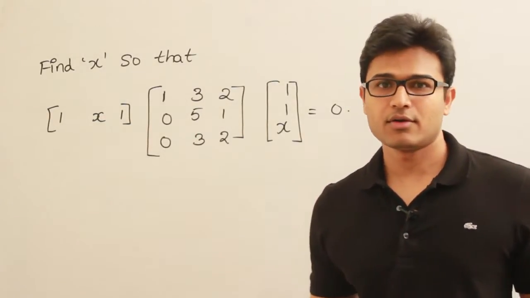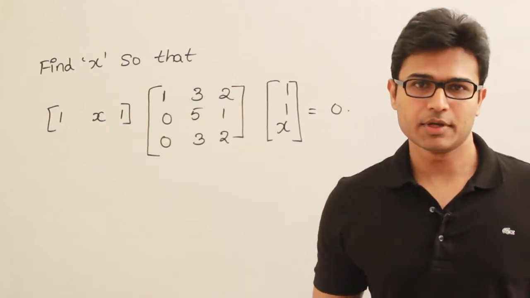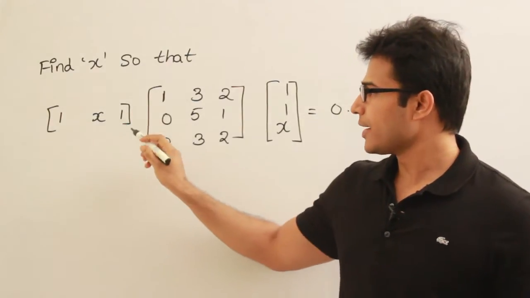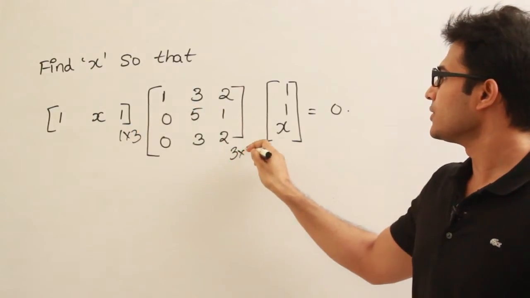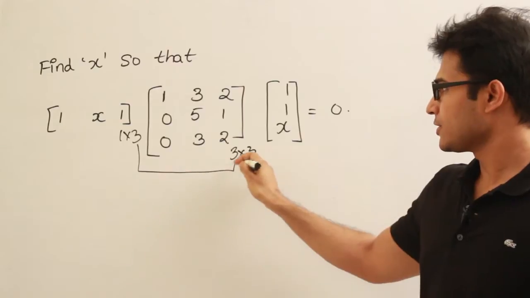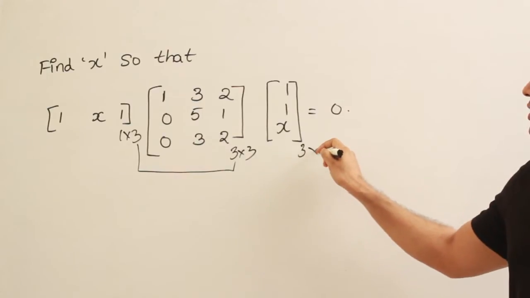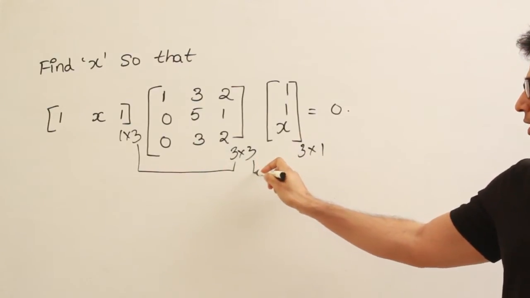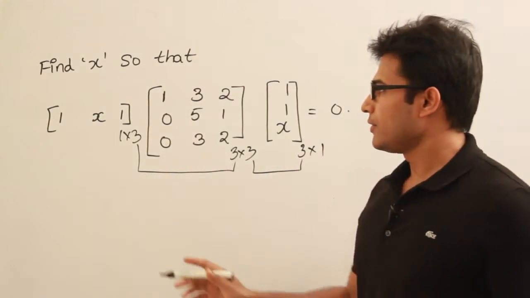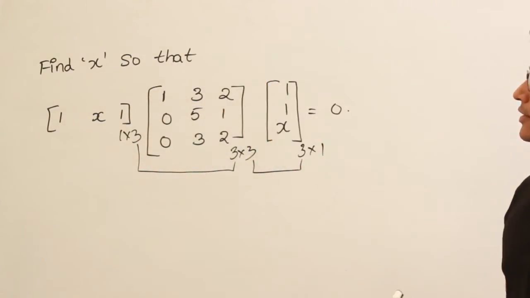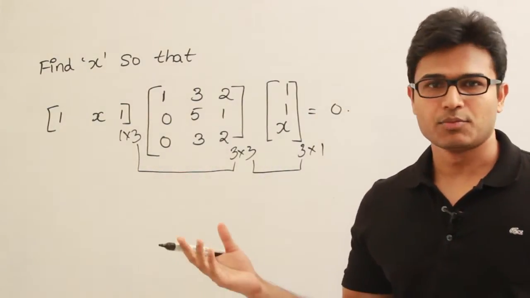And first of all we should find out whether this matrix multiplication is conformable, which means whether we can apply multiplication at all. So what is the size of this matrix? It is 1 by 3, right? And the size of this matrix is 3 by 3. And since the number of columns in the first matrix and the number of rows in the second matrix are equal, we can multiply them, right? And this one is 3 by 1, right? And again, since the number of columns in this matrix and rows in this matrix are equal, we can again multiply them, right? So if you observe it, either you can multiply these two first or these two and then get the result and multiply with the resulting one. The order in which you apply multiplication is up to you, right?